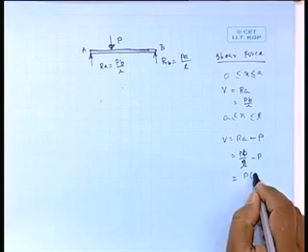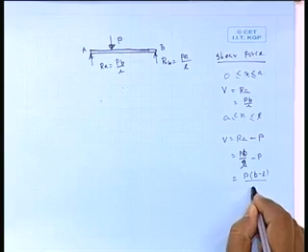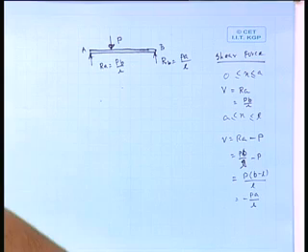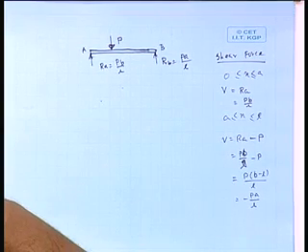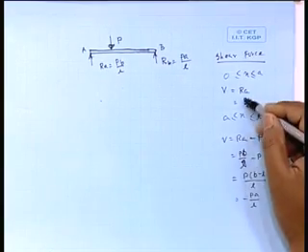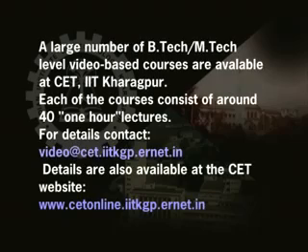Shear force we sometimes denote as V, and it will be R A. Here there is no other force, so at any section you pick up, the shear force is only R A. If you cross that load, V will be R A minus P, where R A is P B by L, so it is P B by L minus P, or P into (B minus L) by L, or you can write it as minus P into A by L, because L minus B is basically A. Now, here there is one quantity P B by L, another quantity P A by L, and